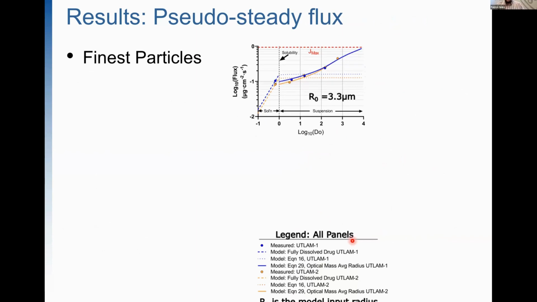So talking about our initial results, let's talk about the steady state flux that was derived from these dissolution permeation profiles. So I'm going to explain the plot a little bit here, and then we can jump into the results. You're going to see this figure where I plot the log of the flux on the y-axis and the log of the dose number on the x-axis. At log of the dose number equal to 0, we find a vertical line which indicates the solubility of ibuprofen. Any data to the left of this indicates that the material is in a solution state, and any data to the right indicates the suspension state for particle dissolution.